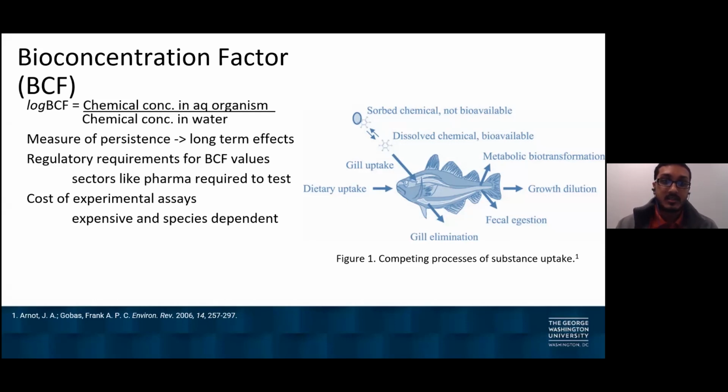In the case of fish, it involves two competing processes, the uptake of the substance through the gills and chemical elimination. BCF is often used in regulatory decisions where companies are required to test their compounds. Cutoff values are often used to describe highly bioaccumulative compounds. These animal tests are very expensive. One EPA estimate from 2018 states about $145,000 to $165,000 for oyster and fish respectively. Due to their high economic and ethical costs, predictive models such as QSARs look like attractive alternatives.